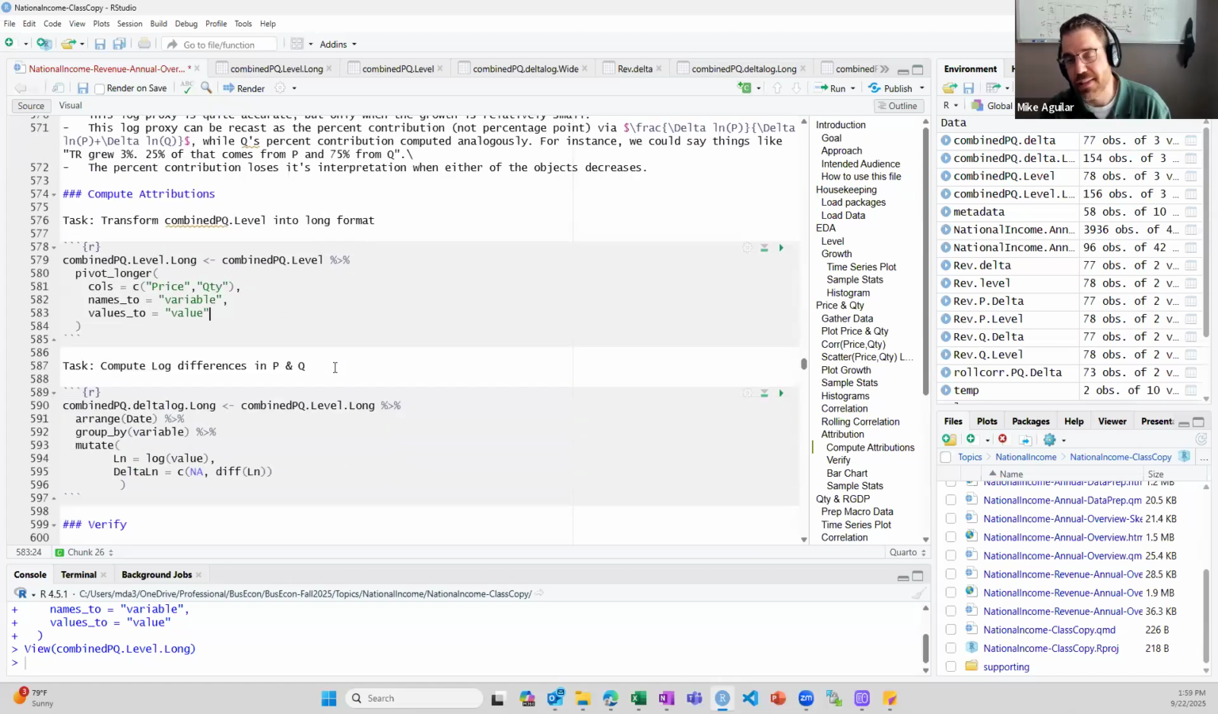So this is obviously not the only way to do it, but I want you to practice in multiple ways. So then let's actually start generating that decomposition. We'll compute some logs. So I want you to dip into that long form with the dplyr operator. I want you to arrange by date. It should be already, but just in case. I want you to group by variable, price or quantity. So I want to compute the logs only on the variables and the change in the logs only among those